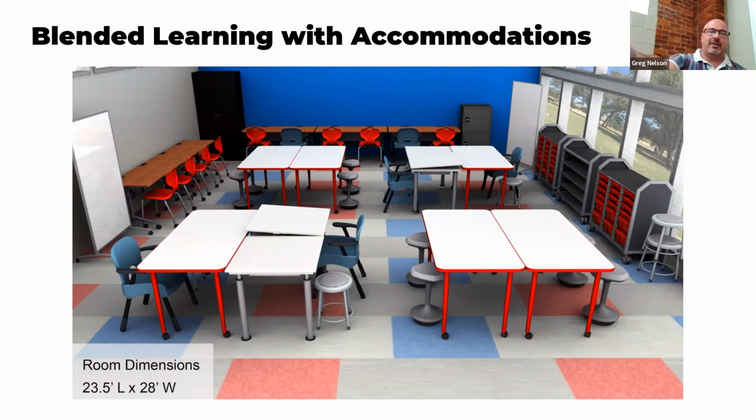When we talk about technology, in many cases, the ability to include students in projects really might depend on their ability to work digitally. For instance, working on things like Google Docs, or shared spreadsheets, or shared presentation software, those kinds of things. And so the blended learning room gives the opportunity for students with and without IEPs to work on that technology. And maybe students with IEPs might have a little more time at the computer, so they can express their thoughts and participate in the projects